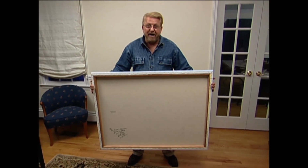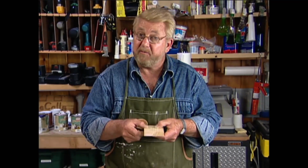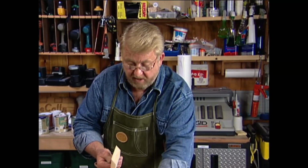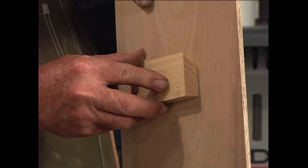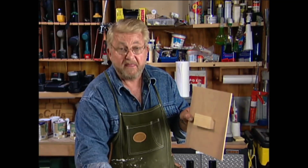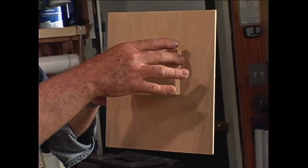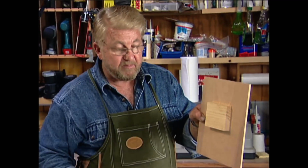So I'm going to put it up using something called a cleat. Now I'm going to make my cleat out of a piece of 1x4 that I'm going to rip down the middle on a bevel. Now one half of this I'm going to attach to the wall like that. And then the other half I'm going to attach to the back of the painting. And the top piece will slip over the bottom like that, get captured by the bottom,